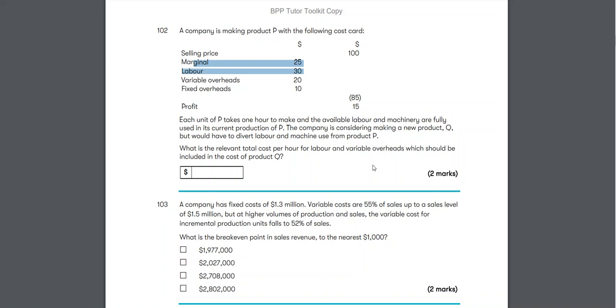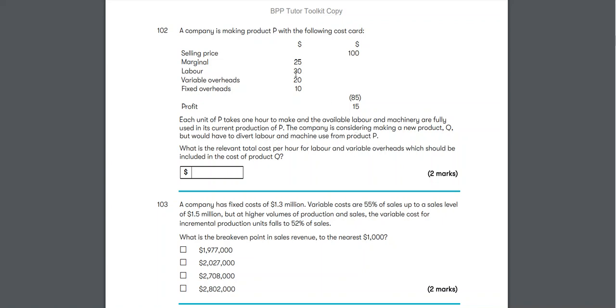The company is considering making a new product Q, but would have to divert labor and machine use from P. What is the relevant total cost per hour for labor and variable overheads which should be included in the cost of product Q? Okay, so in our current system